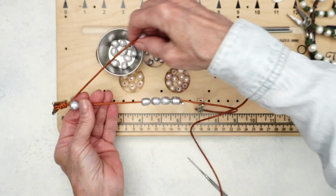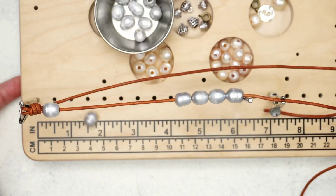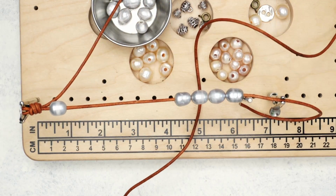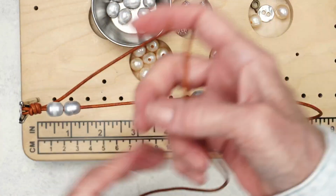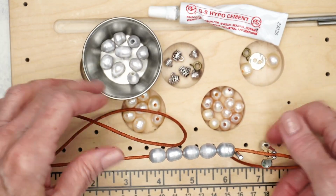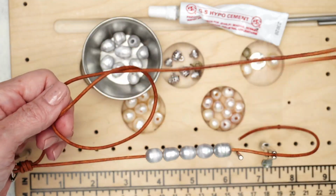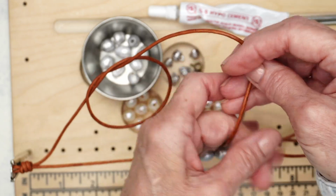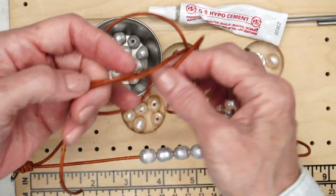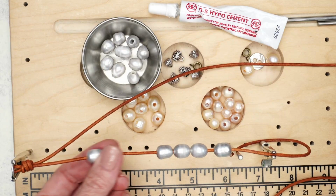Because when you come over here, you squish this part down, and you make an overhand knot. I know I've gotten a few questions about this over the past couple of weeks. An overhand knot would just be like, see that? Let's say you have your cord here and you're just making overhand knots. So that's what the knot looks like, just a basic overhand knot. However, you just have to sort of train your brain to